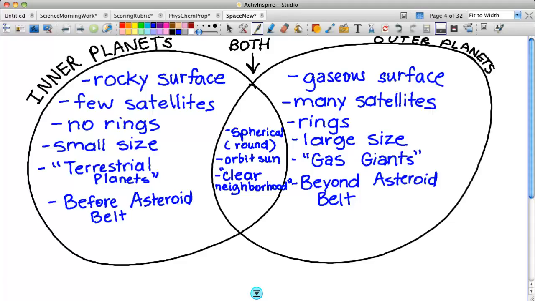Now, what I want to do next is look at the planets individually. Because now that you know these general things, there are some things each planet has that no other planets have. I've got a set of videos that we're going to use for this. And you're going to love them. They're so cool. The videos we're going to watch are from a series called Space School. And hold on, let me stop the